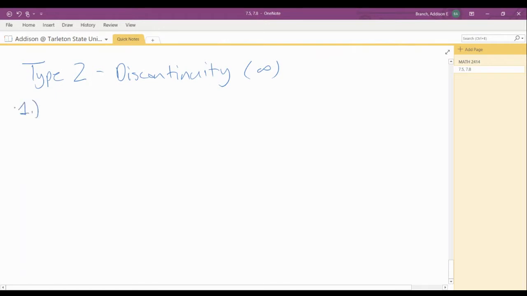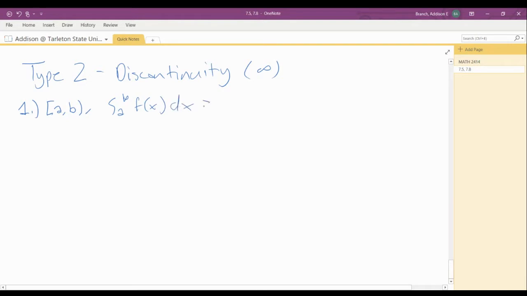Case 1 is whenever our interval is continuous at A but not continuous at B, so we have a curved bracket at B. So if we have an integral going from A to B, and we know that the function is not continuous at B,